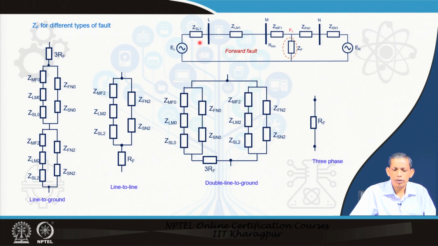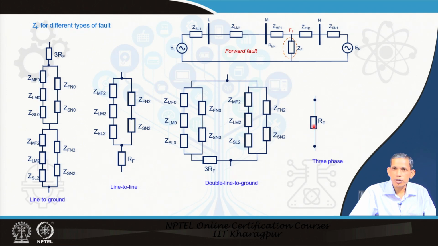So, in general we saw that for the 3-phase fault or for the line to ground fault, the equivalent network of the 3-bus system becomes like this, where we put a Z_F for the passive portion at the fault point and the rest is the positive sequence network. In case of line to ground fault, as we have already discussed, the 3R_f will be in series with the parallel equivalent of the zero sequence and the parallel equivalent of the negative sequence, and these constitute the Z_F, this part.